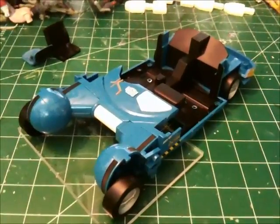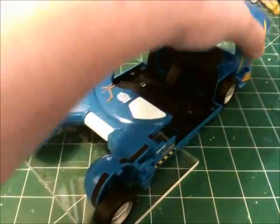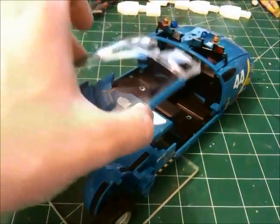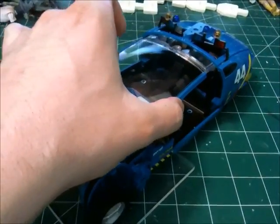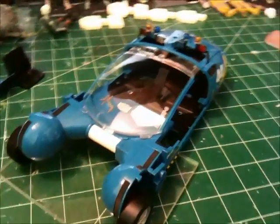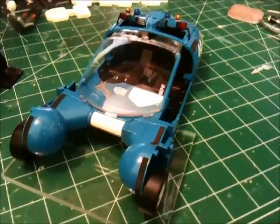And there you have it. It's going to be a fun project, and I like to keep busy, like I've told many people before. And we just set that right there. So that's my plan for the modifications of this kit,